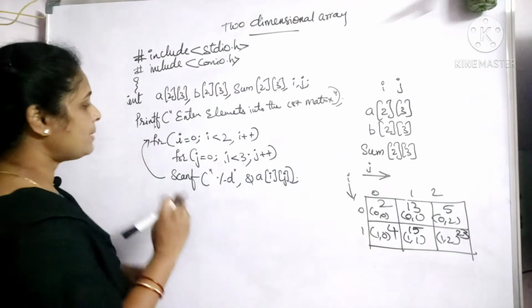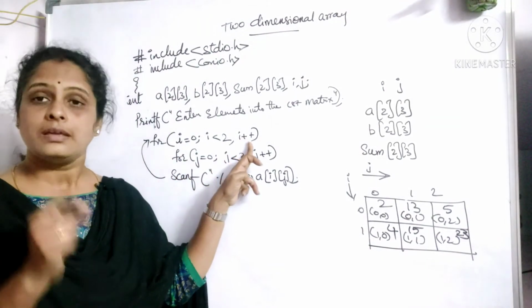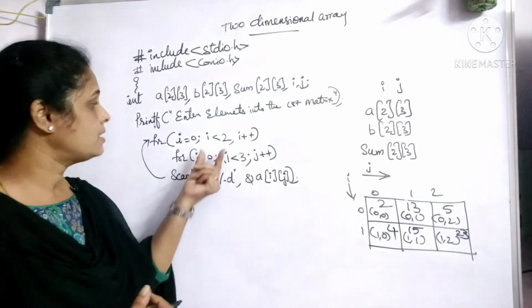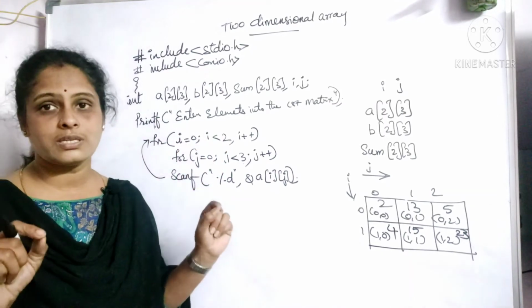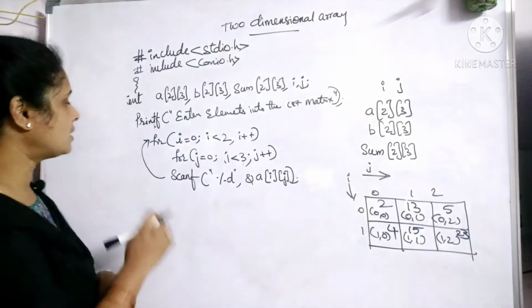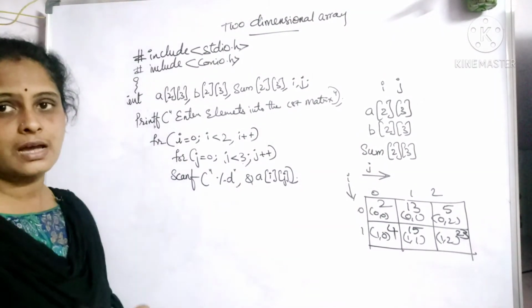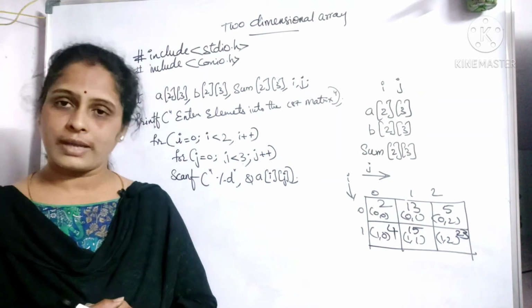Now previously the value of i was 1. Now it takes an increment. Here the value of i becomes 2 because it took an increment. It checks with the condition. Is 2 less than 2? No, it is not, because the condition is not correct. It comes out of the loop completely. This is how the elements are accepted into a two-dimensional array.